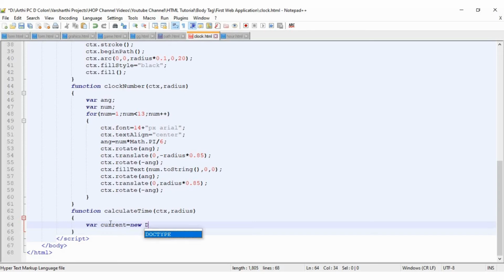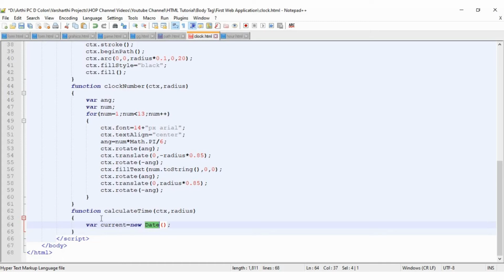For that we use the class Date. Date is a built-in class. Inside it contains functions for processing minutes, hours and seconds, right? So we are creating an object for this particular class, right?